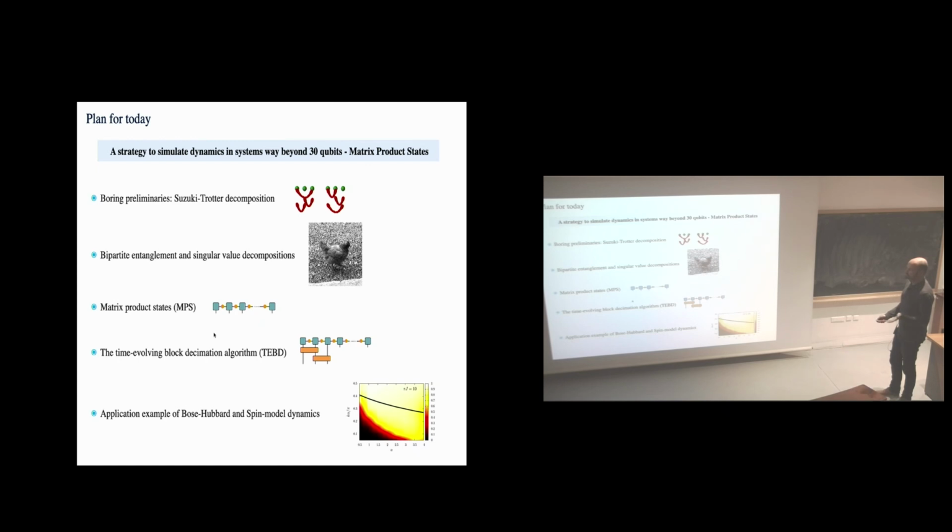I want to introduce just one algorithm, the time evolving block decimation algorithm, or TEBD, because it is the simplest way to update a matrix product state. With this one can, in principle, do everything. It's not the most efficient way of doing everything,